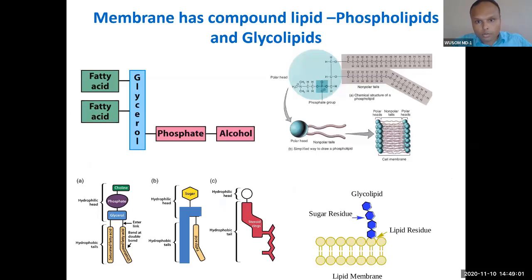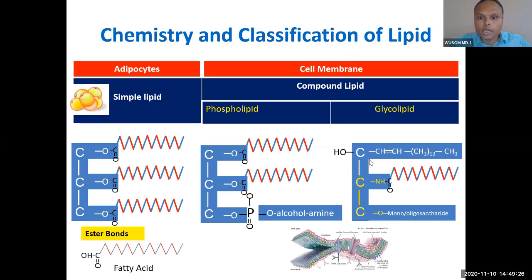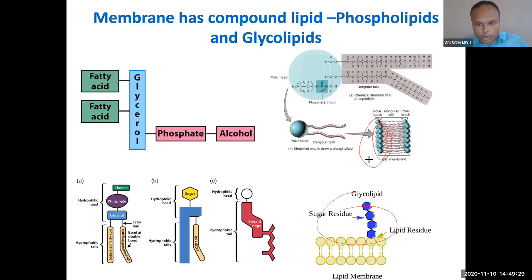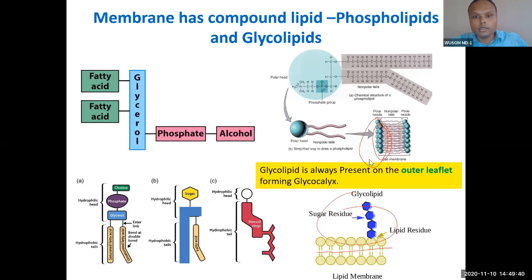So these phospholipids are present in the membrane. Because it is amphipathic, it is soluble in water and lipid. That is why it is part of the membrane. And glycolipid will always be on the exterior, the outer leaflet of the membrane. So today we will be talking about glycolipid, because sphingolipid is there. You can see this is the lipid bilayer, 1 and 2 layers. On the outer side of the lipid bilayer, glycolipid will always be there.